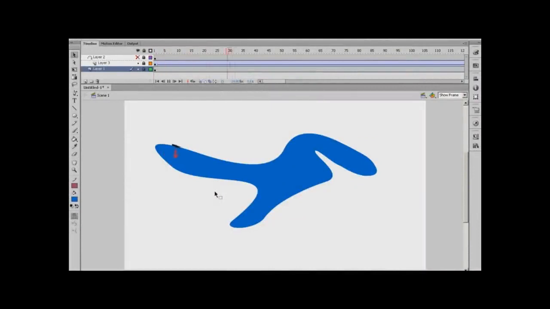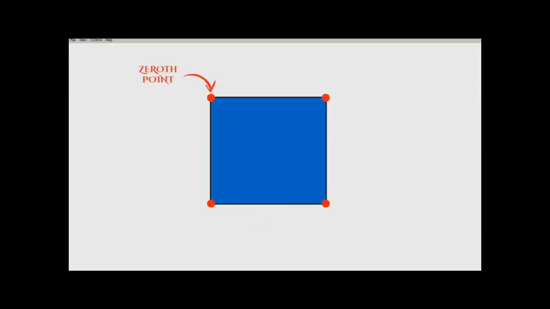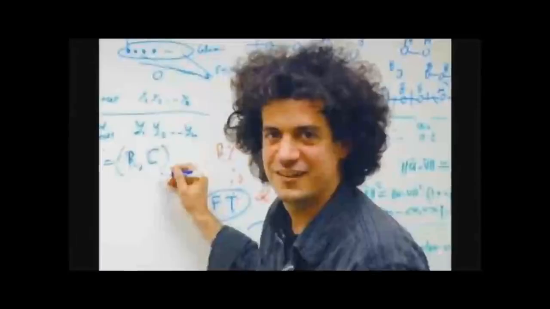Vector-based programs, as we know them, define points of a shape in a specific order and then fill the space they make. Starting from the upper leftmost point and going around clockwise, point to point drawing the shape. Imagine an ant crawling around the edge of the shape, clockwise. The first point in the upper leftmost of the shape is the 0th point. Why call the first point the 0th point? Because computer scientists